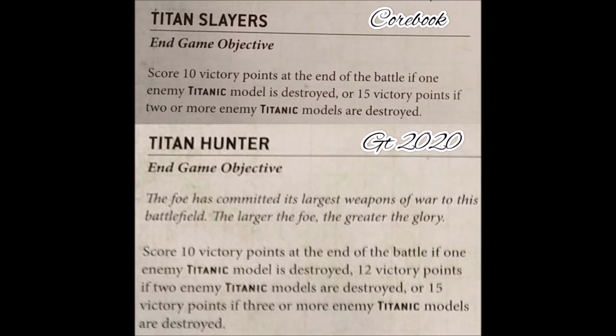And they are called quite similar because it's Titan Slayers from the core book and it's the Titan Hunter from the Grand Tournament 2020. In this case, anyway, it's quite problematic, but not so much, because for example, in tournaments, if you meet two different Imperial Knights, you could use one before and the other the next time, because you can't take more than one objective from the same source, from the same category, and in this case they are both from Purge the Enemy, so you can't choose both of them for the same